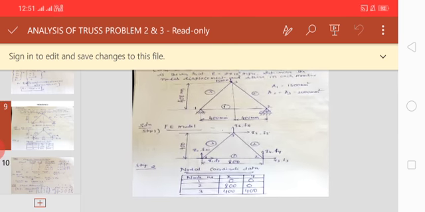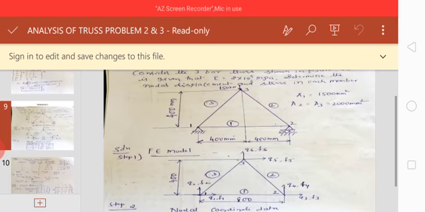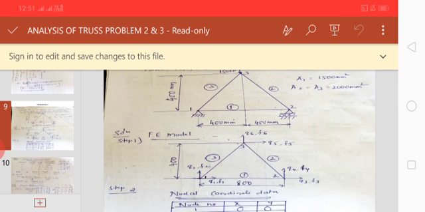Now here I have created the first model, that is the finite element model, FE model. As for the physical problem, I have done the FE model here. I mentioned 3 nodes 1, 2, 3, along with 3 elements 1, 2, 3, and also the particular degrees of freedom for particular nodes. I already discussed in previous video classes that for analysis of planar trusses, each and every node is considered to have 2 degrees of freedom.